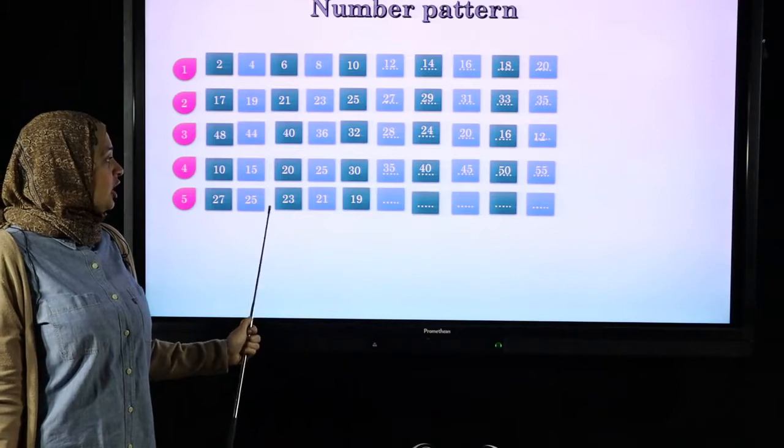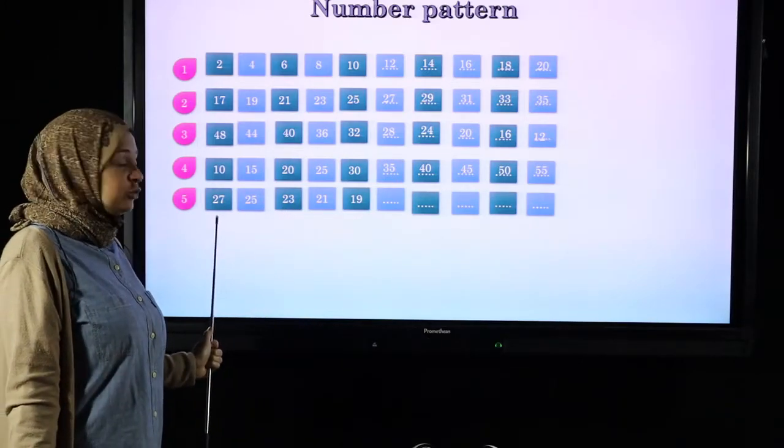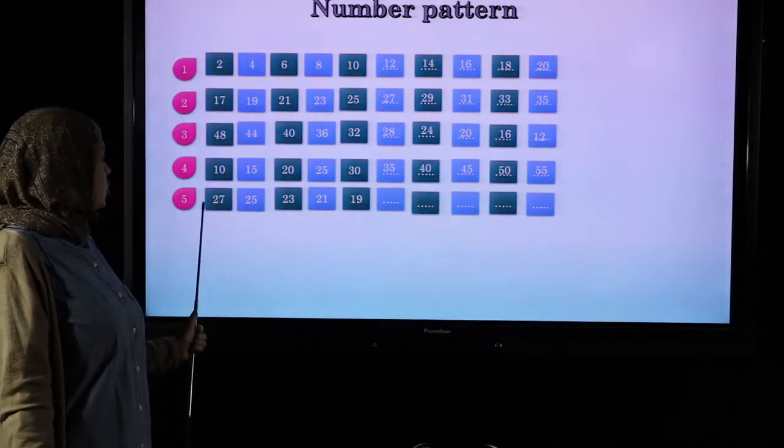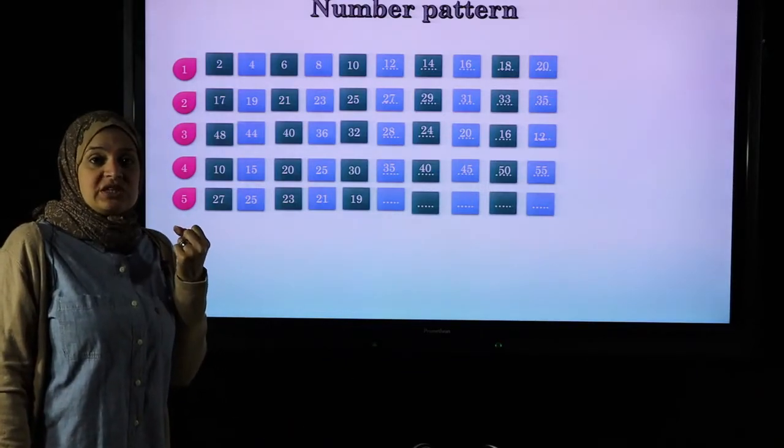27, 25, 23. Are we jumping backward or forward? From 27 to 25? Excellent, we are jumping backward. So let's figure out how many jumps we're going to jump. Before 27 we have